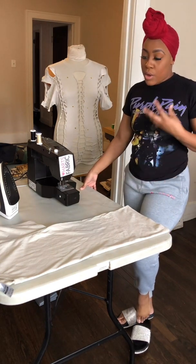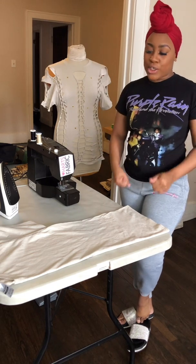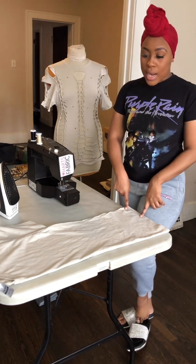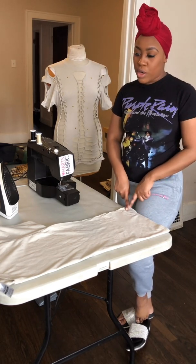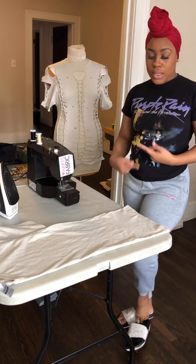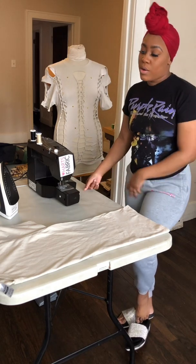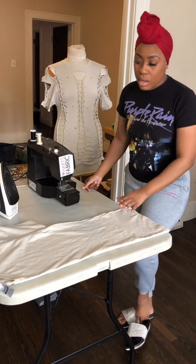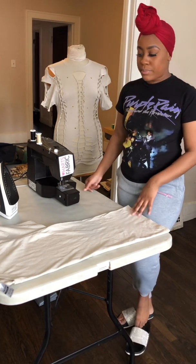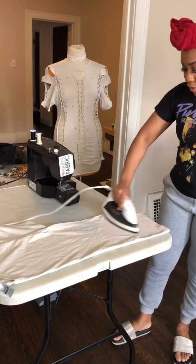men's tees, with an extra large, because we're twisting it, it's making the shirt tighter. So someone who wears a large, I would use an extra large as the regular t-shirt. So what you want to do is order a size up whenever you are making the twisted tee for somebody who is a size down. So if somebody wears a large, you want to buy an extra large t-shirt and make their t-shirt from the next size up. So I'm going to iron it first